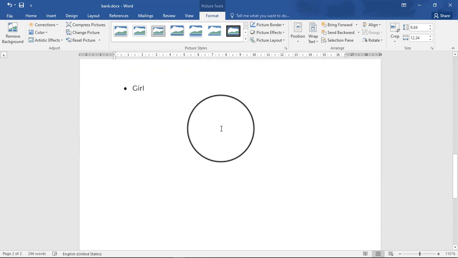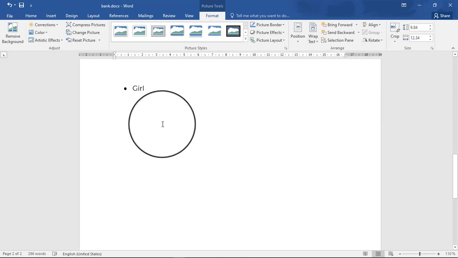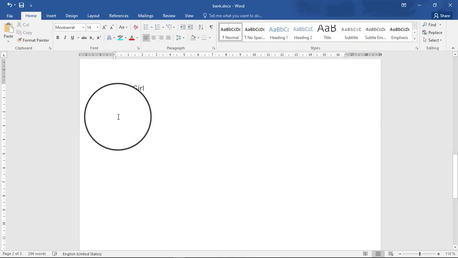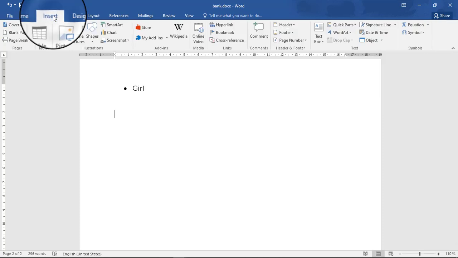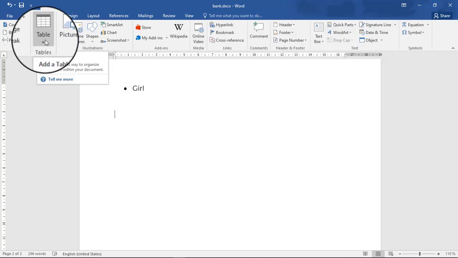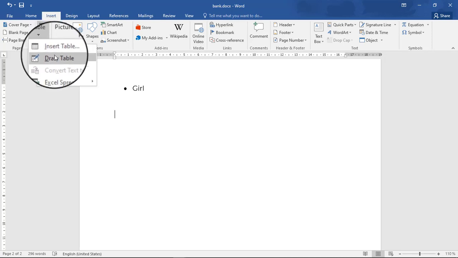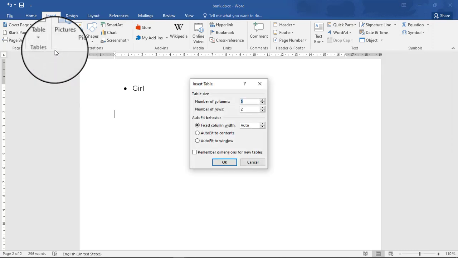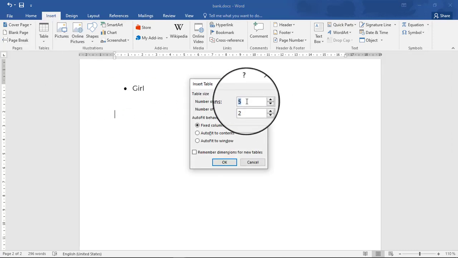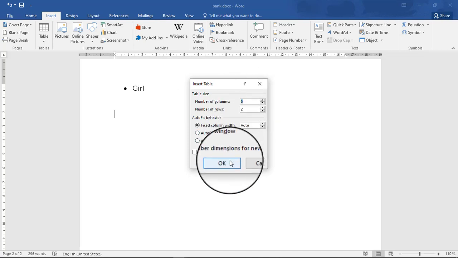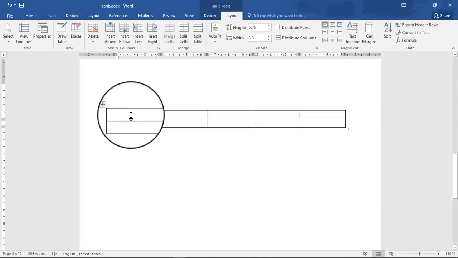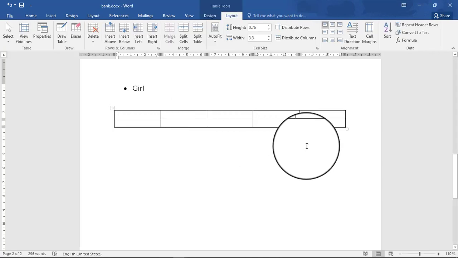Inserting a table. If I want to insert a table, I just have to press where I want that table to be. Then I go under insert. Then I go to table, add the table. Then I say insert table. If you're sure which rows and columns you want to insert, then you press insert table. Then you select which columns and which rows you want. So let me stay with this and press OK. Are you seeing? After the table is here, then you can start inserting your data.